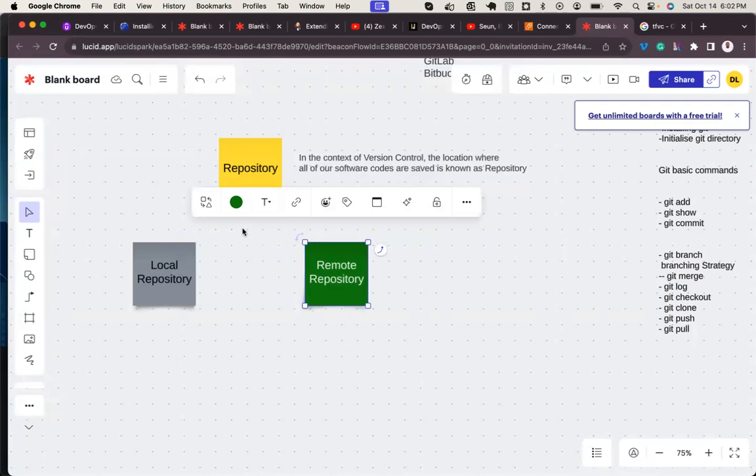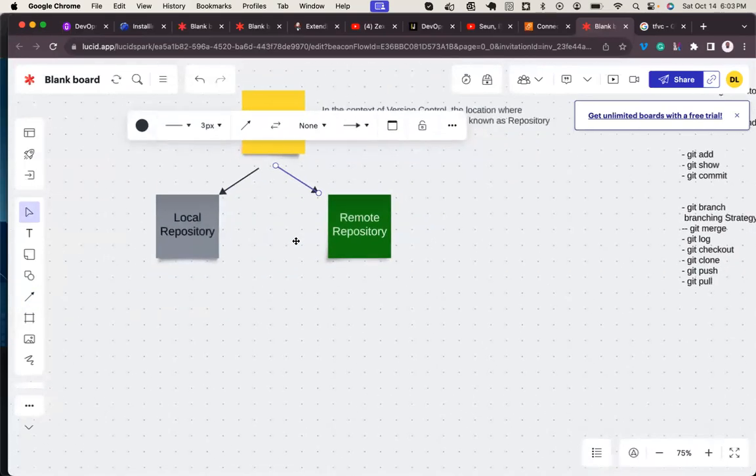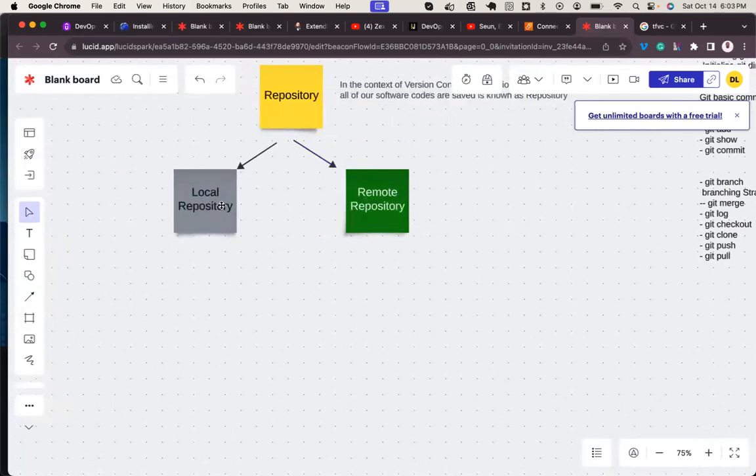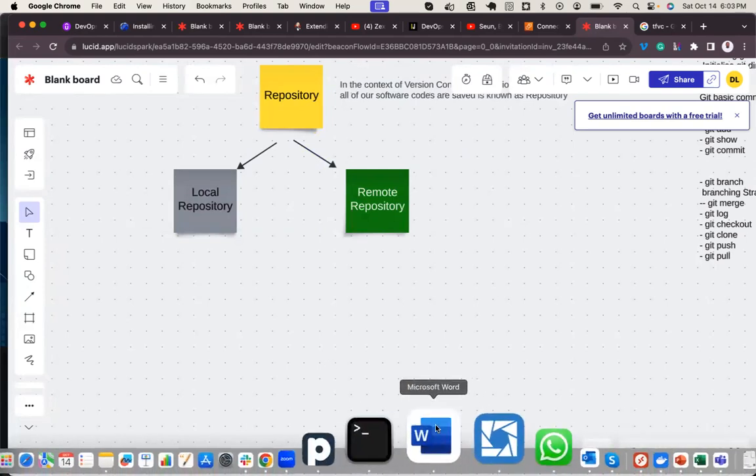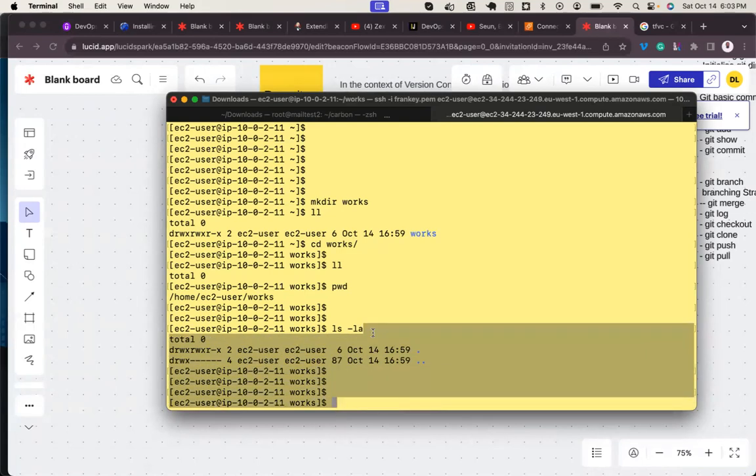One is a local repository and the other is a remote repository. Local repository because it is local to my base machine, to my server. So the moment I initialize this directory, I can start creating local repositories. So this in my machine is a local repository.